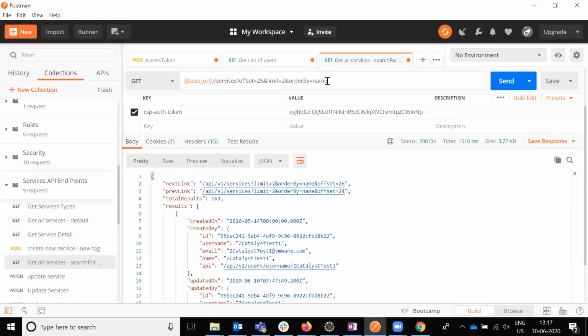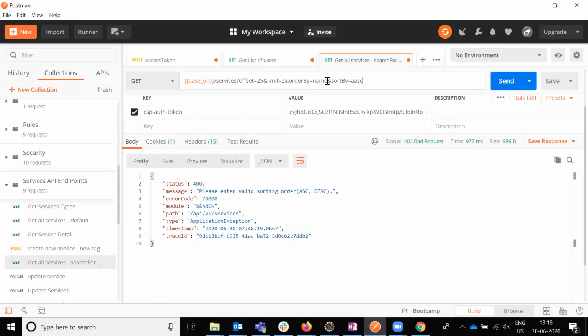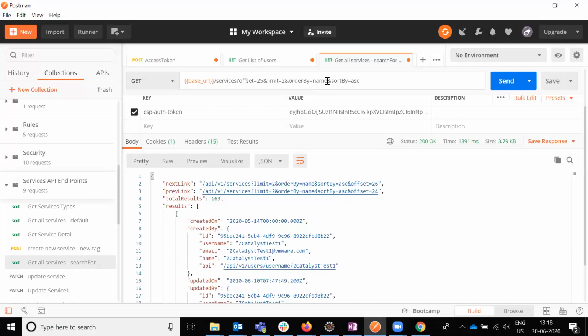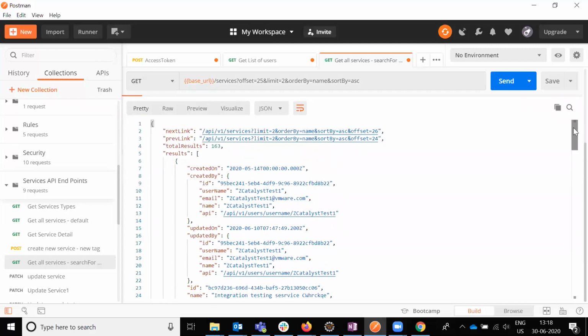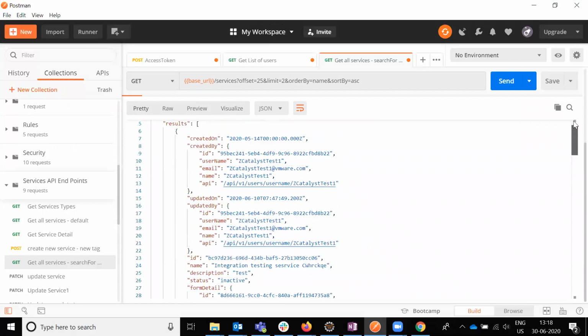And this order by will not work when used alone. You have to use the combination of sort by ascending. The value is missing, sorry. AC. If you use AC, it gives the valid data in ascending order, and likewise descending order values. Otherwise it will not give the correct value.